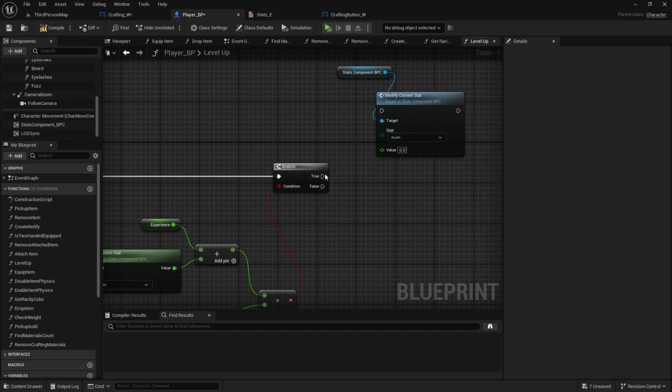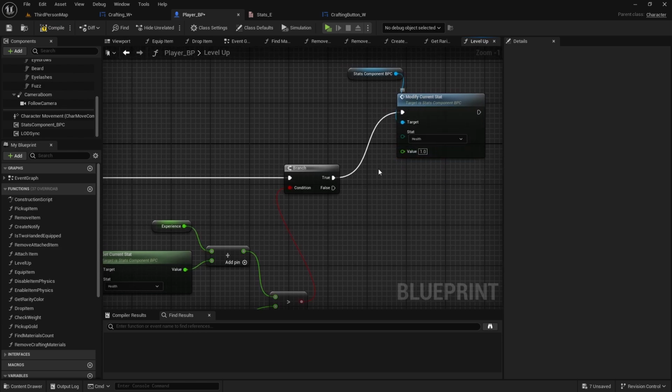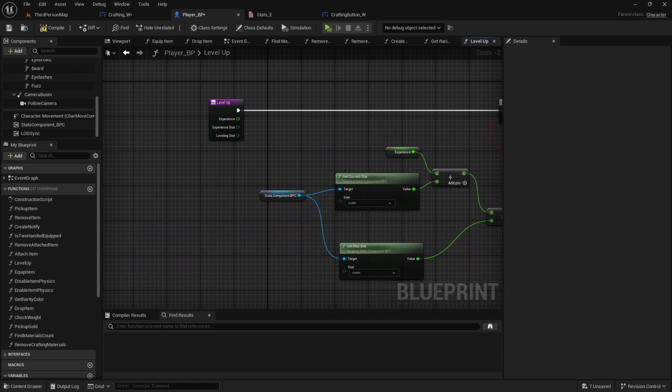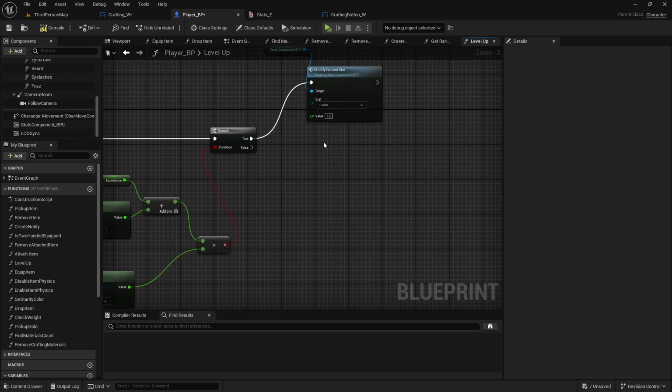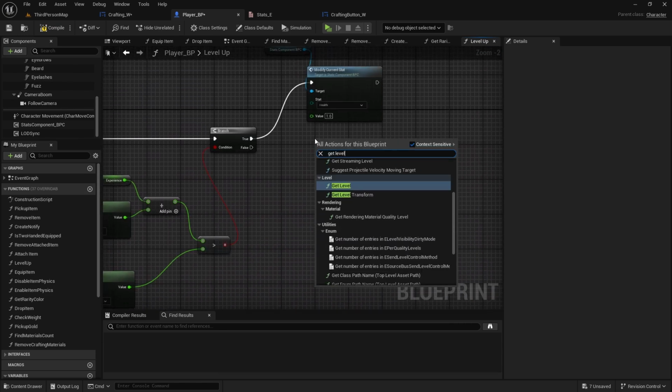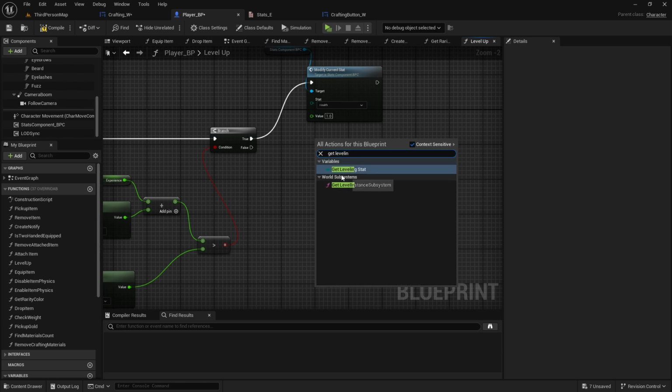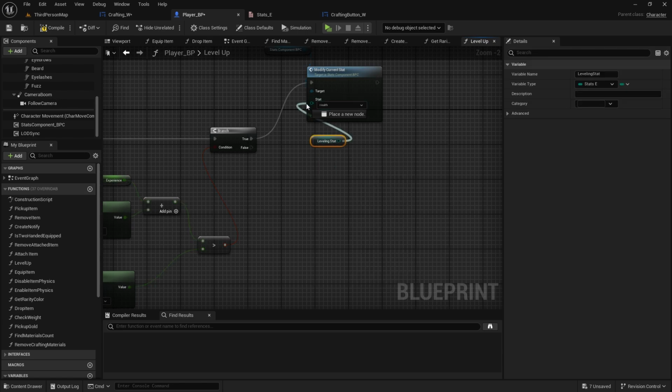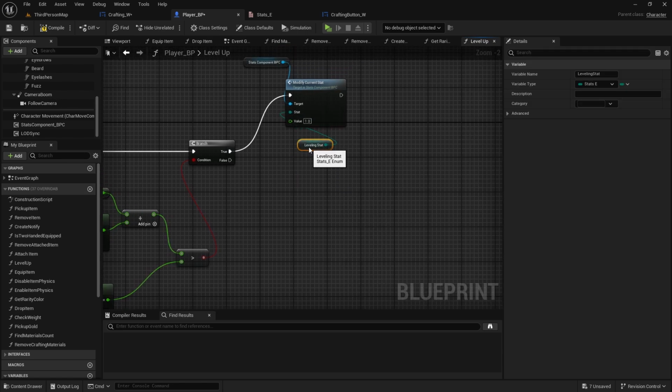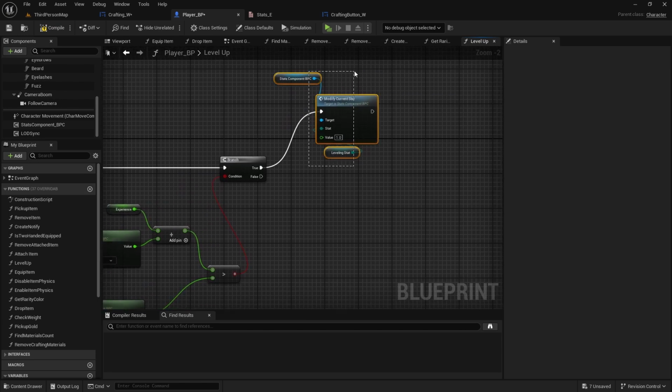So if you have one level, we will just add one here, and the stat that we're modifying will be the leveling stat. So we'll get it here, get leveling stat, and connect it. All right, so we'll level up by 1, but then